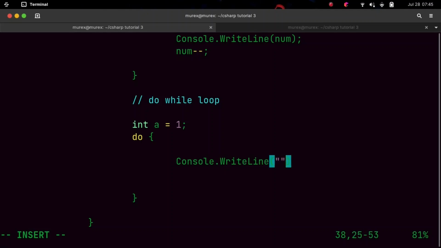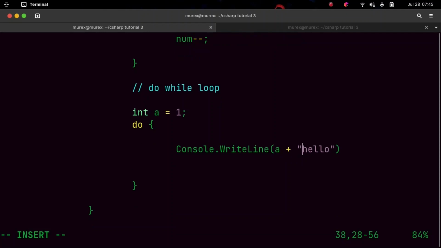Cool. So what I'm gonna have is hello, and then I'm gonna have a plus, let's do this, this is cool, and then my a gets incremented. Ooh, why am I having a space there? Just leave it there. Cool,